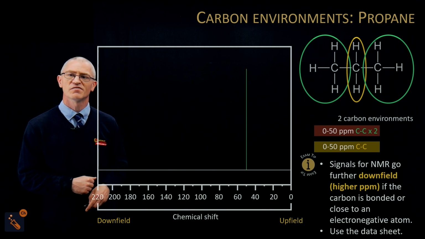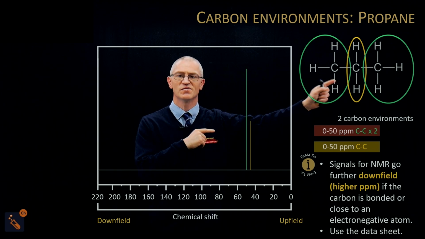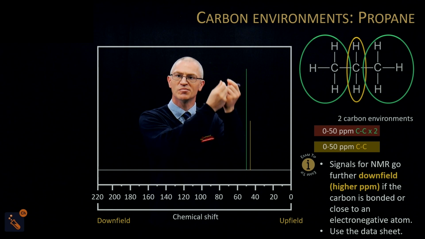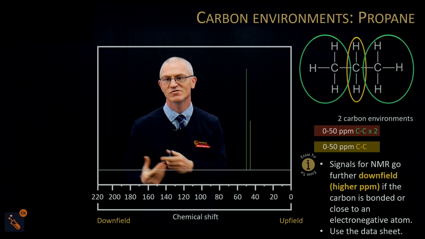Look at the size of that signal. So we've got 2 signals. Now there are 2 signals within that. There's one for this and one for this. And they come out exactly the same place. Because they come out exactly the same place, you have double the height of the peak. And this is a relative peak area. And when you come to